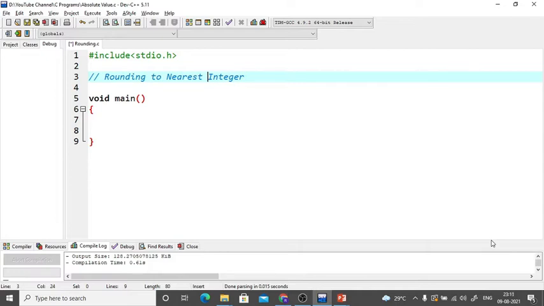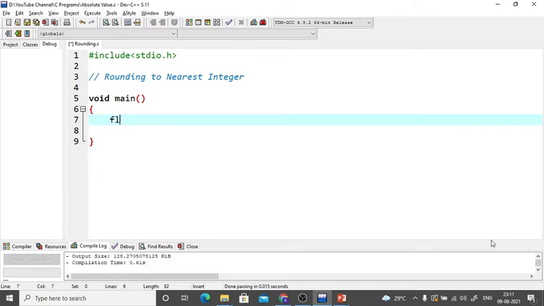The inbuilt functions that we have, ceil and floor, are not going to do this particular task. They are nothing but forceful rounding. Ceil will round it up by default for any value, and floor will truncate or round it down. So this is the logic that I'll be writing for getting the number rounded to its nearest integer. Okay, so let us start. I'll first explain while doing the programming, and then maybe I'll give you an example to understand the logic.